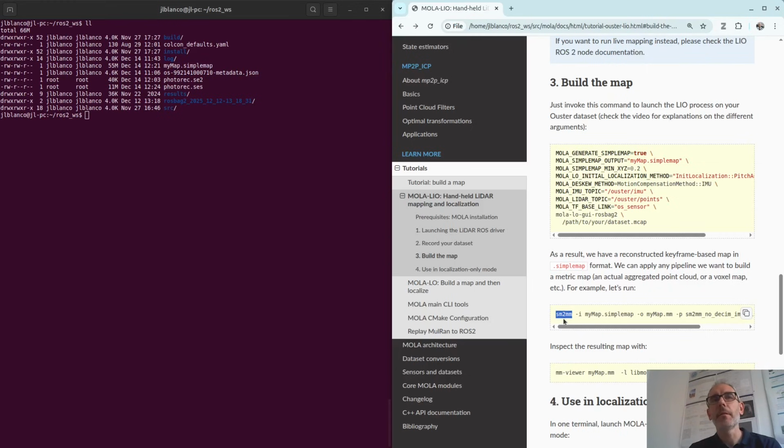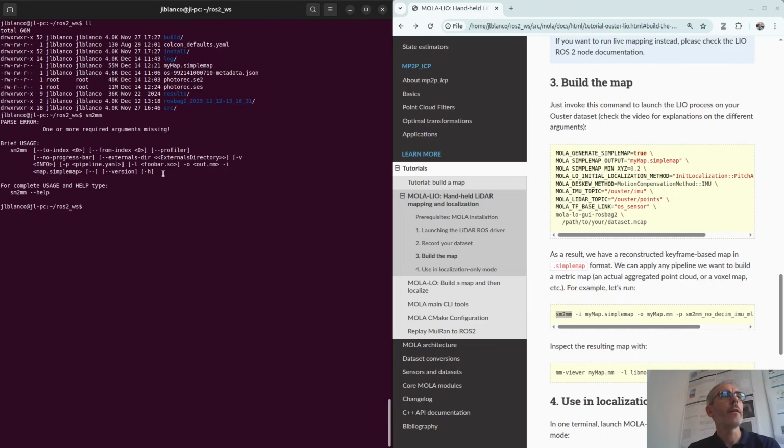So the next step would be to create the metric map from the simple map. For that we need to use the SM2MM, and there are different parameters which are required. Obviously the input simple map and the name of the output. But most importantly, the pipeline to use. So SM2MM, the input will be my map, the output will be, let's say, my map again, .mm.